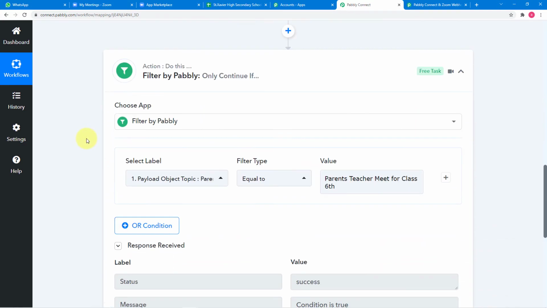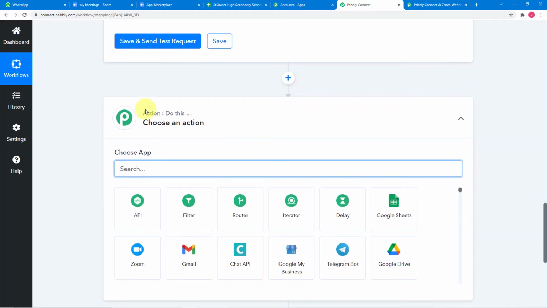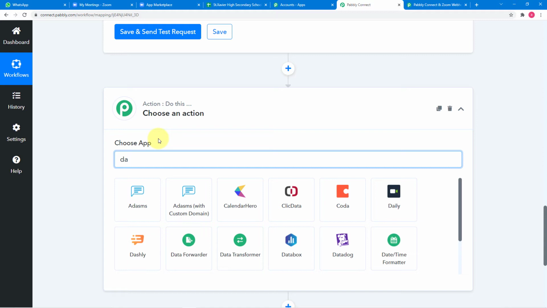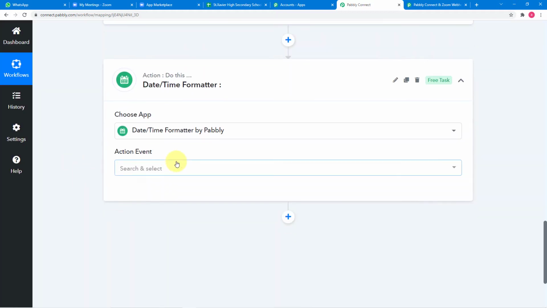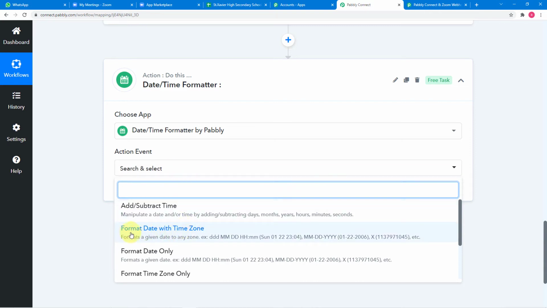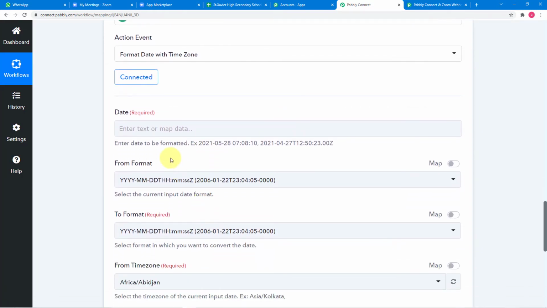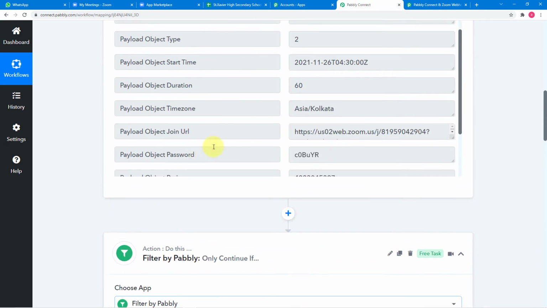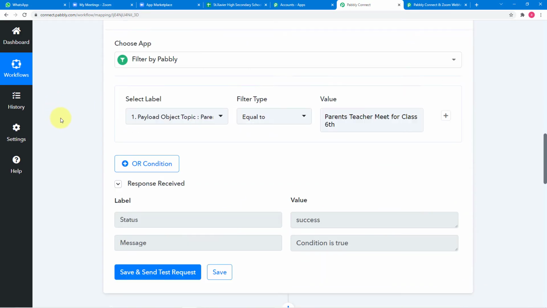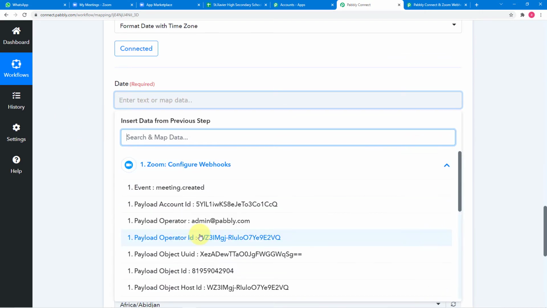Indian standard format. For that, you have to click here on this plus icon, and here we are going to apply date time formatter by Pabbly. Okay, and now in this action event, select this format date with time zone option, then click on connect. And here in this date field, I need to enter the date which is here in this step. Okay, so to get this date here, click on this field, click on this zoom option, and map the date